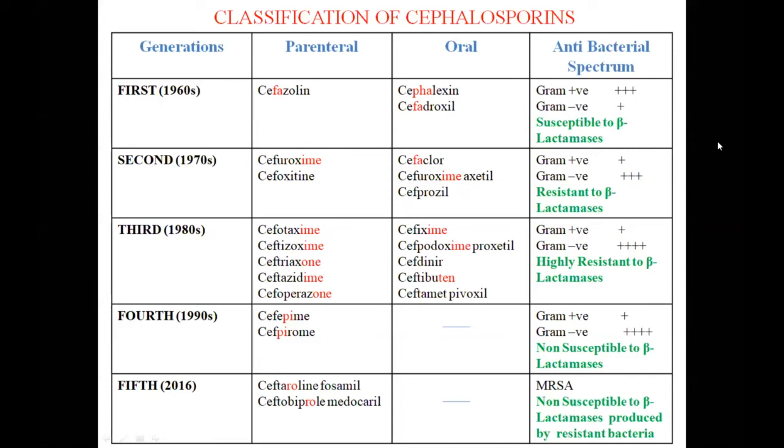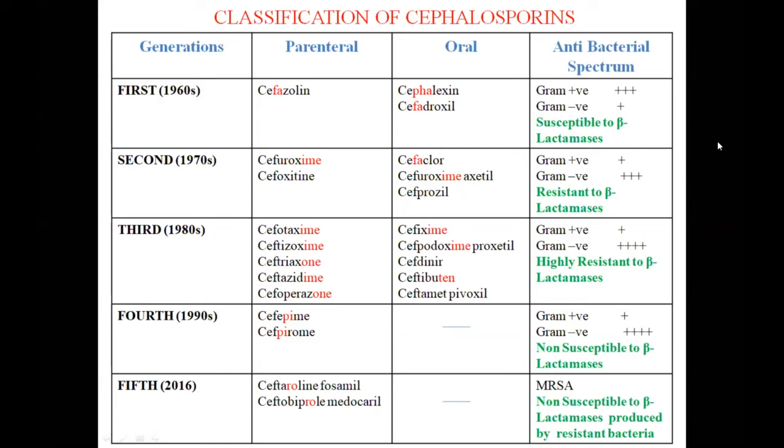And the oral drugs, we have cefixime, cefpodoxime, cefdinir, ceftibuten and cefditoren pivoxil. Among these, the drugs which are esters, sometimes you are asked. You can see in the 2nd generation, you have cefuroxime axetil, and in the 3rd generation you have cefpodoxime proxetil and cefditoren pivoxil. These 3 drugs are ester prodrugs. So in this way, you can remember all these drugs.